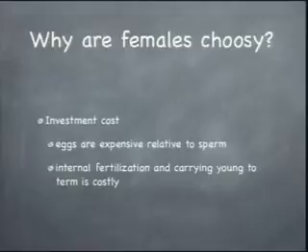And then just in general, internal fertilization and carrying young to term is costly. We know that internal fertilization carries the risks of, say, contracting a parasite. We call them sexually transmitted diseases. And then something you probably are familiar with is that there's a bigger asymmetry in the amount of energy males and females invest in carrying an offspring to term. Right? So there's a big asymmetry. For a male, the cost of a sperm is nothing. For a female, carrying a child to term is a big deal.